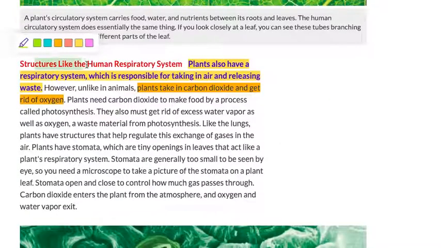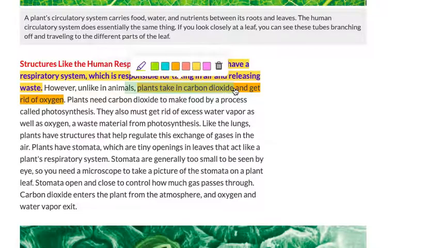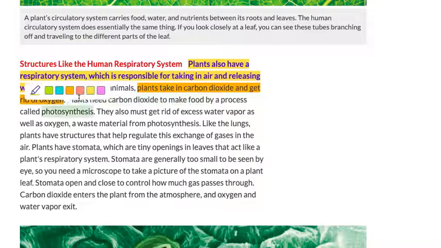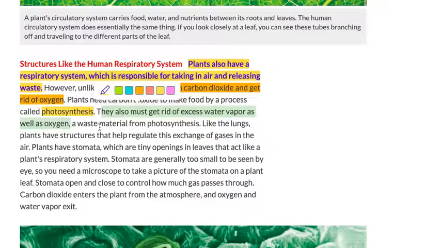And so for structures like the human respiratory system, plants also have a respiratory system that's responsible for taking in air and releasing waste, right? But unlike us, plants take in carbon dioxide. They want carbon dioxide and they get rid of oxygen as waste. And so plants need carbon dioxide to make food by a process called photosynthesis. They also need to get rid of excess water vapor as well as oxygen, which is a waste product from photosynthesis. Kind of like our lungs, plants have